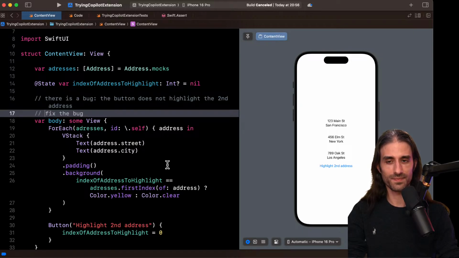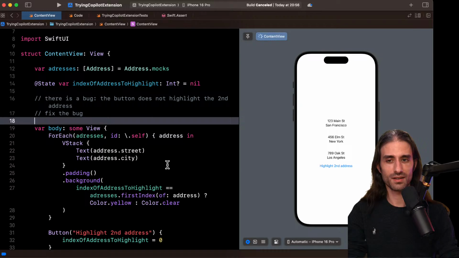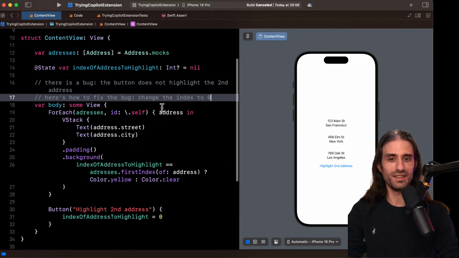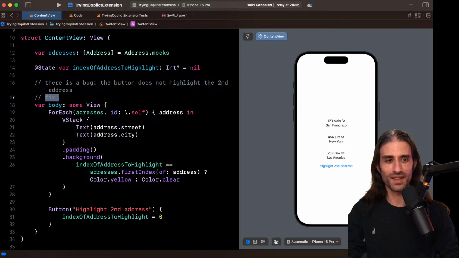Yes. Fix the bug. Okay, and if I do like, here's how to fix the bug. No, not suggesting anything. No, not change the index to 0. It's rechange the index to 1.